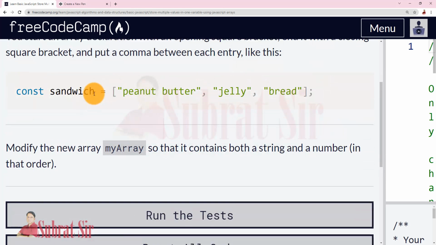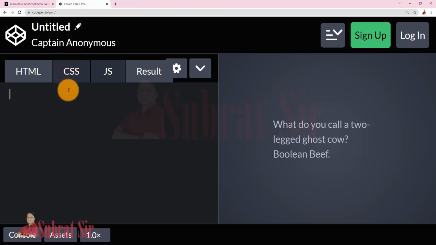So sandwich equal, with an opening and closing brackets we wrote a string peanut butter, then jelly, then a string bread. So 3 different values, and we know to store 3 different values we need 3 different variables, but in this case we stored it only in one variable, that is sandwich. Okay, so let us try the same thing in CodePen